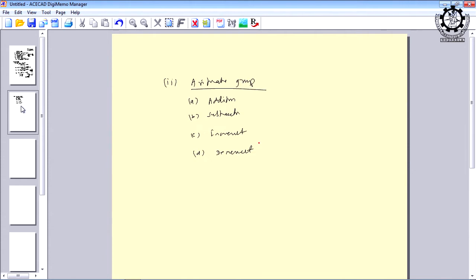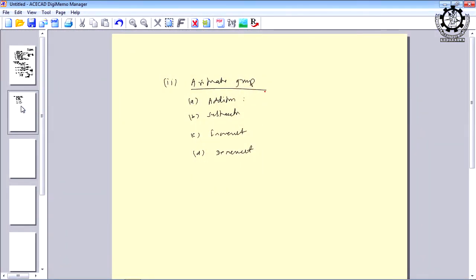And already I have told you there is no multiplication or division or any other arithmetic instruction other than these 4, because 8085 is a simple microprocessor. Okay. So, addition means, for example, ADD B. So, A content will be added with B content and the result will be stored in A.